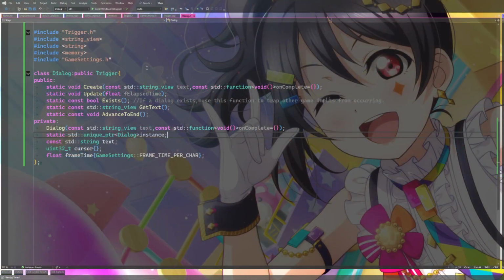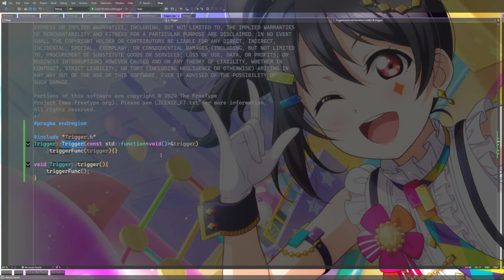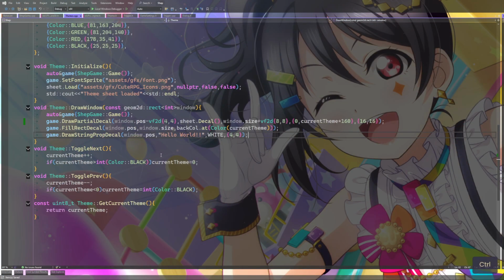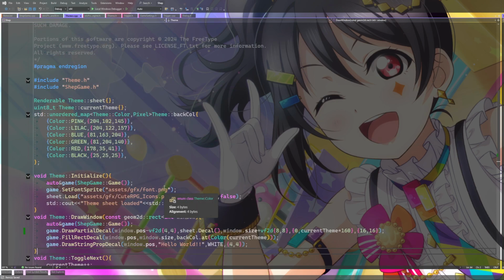When a dialog is completed, I need to delete whatever the dialog instance is and potentially do some more stuff. So this trigger system exists not only for dialogues, that's why I made it a class in itself, but I think it'll be useful for other things too that might need to be triggered off of things.